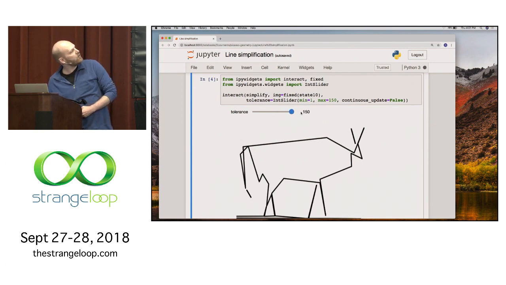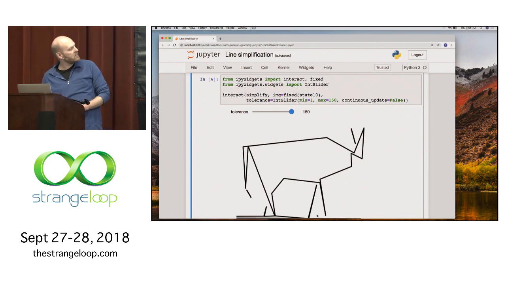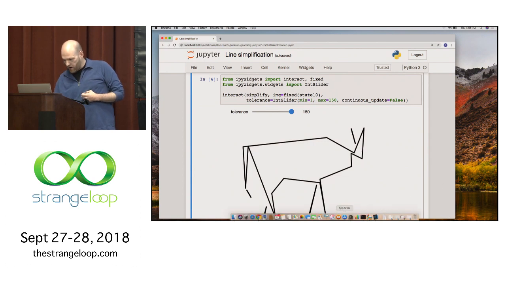And so if I take it all the way to the maximum value that I'd set, the maximum possible value of 150, then it gets to this line here, this simplified contour, which in some ways is getting closer, moving state 10 to something that gets closer to resembling state 11, because a lot of the complexity in the back was removed. We see some simplification of the head and horn, although obviously it is a different, more angular shape. And so this was a way to use math and code and iterate and explore in the REPL